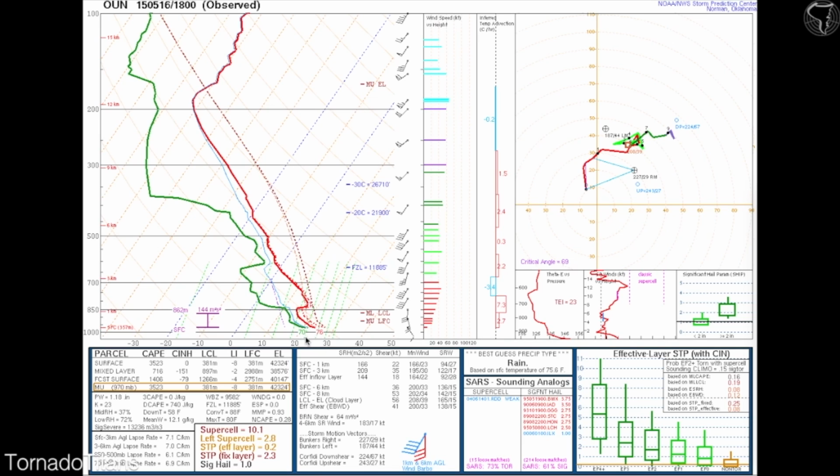You don't go any further. This is exactly how you calculate your surface-based instability, and because of that, you lift it dry adiabatically until you get to the LCL, and then it just takes off moist adiabatically at that point, and that is your surface-based instability. This is the amount of instability you would see realized if an updraft was lifting air from the surface